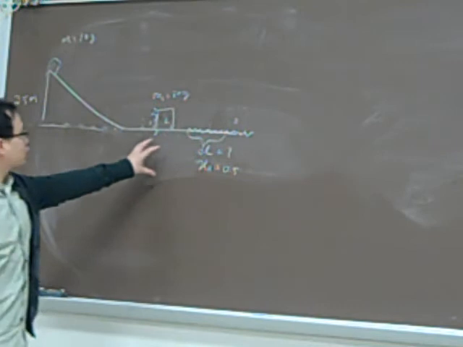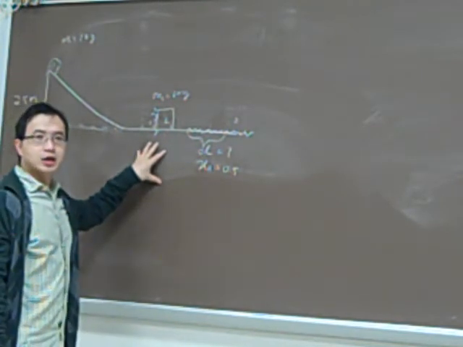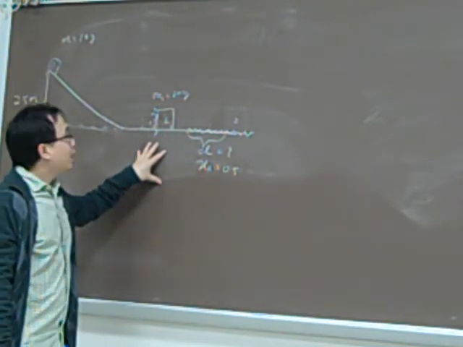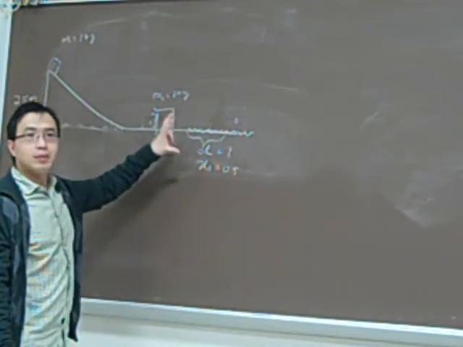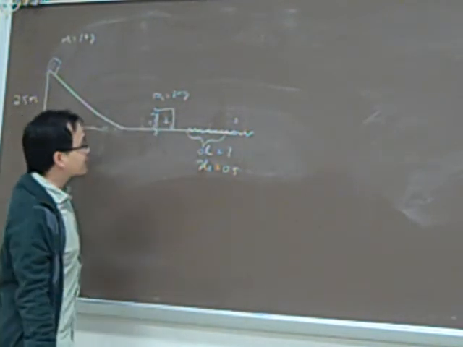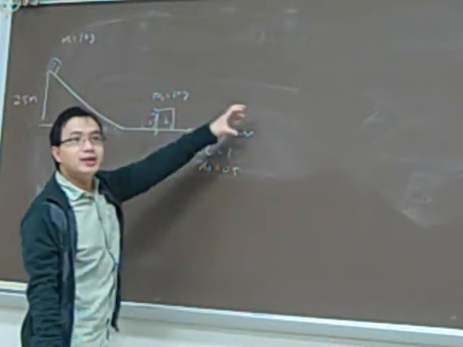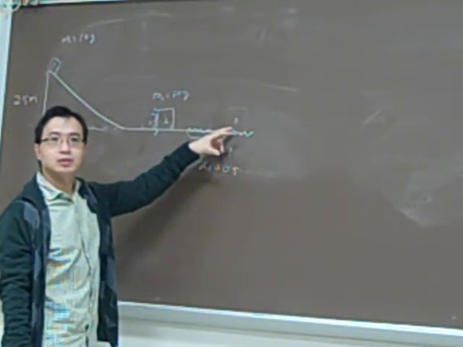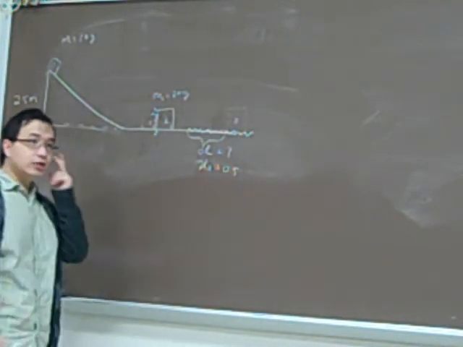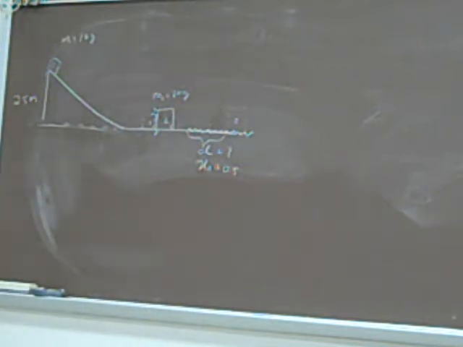So the second part is the collision process. And then for block 2, it has a slowing down process, right? Okay, finally stop here. So when you try to consider this problem, you have to realize there are 3 different parts. Each part, you know how to deal with it. So you just need to connect them together. Okay. Any question here? Why are you only measuring the